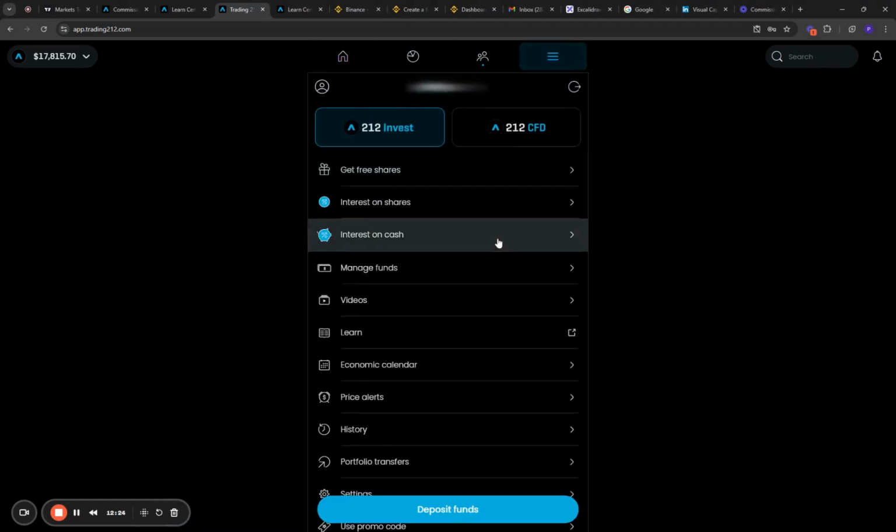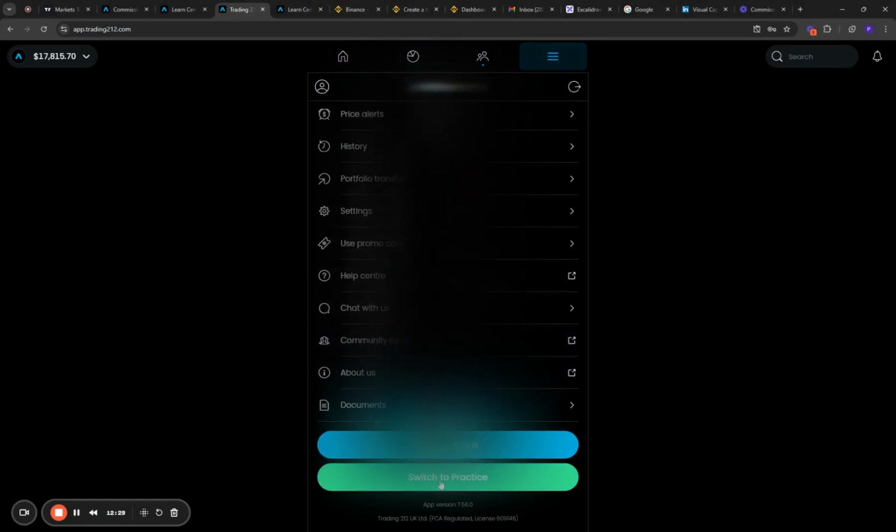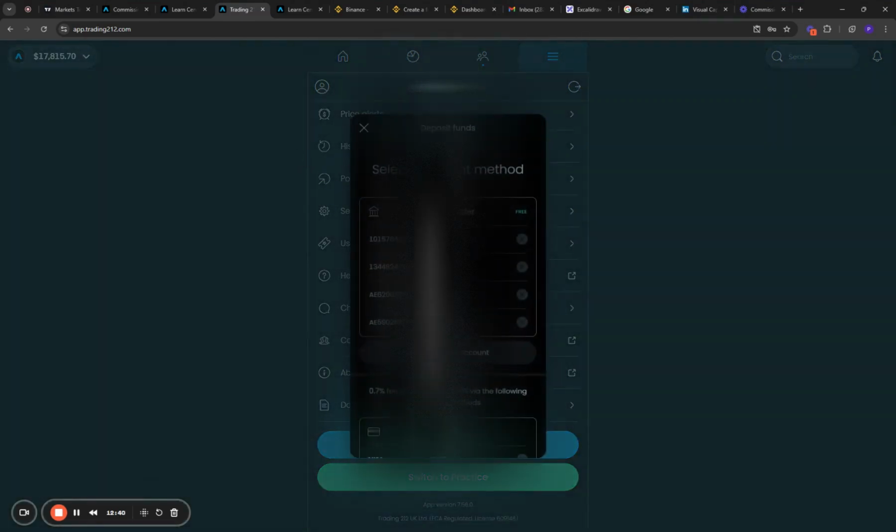If you go to the settings, this one, you will see right now this is real money. If you want to switch back to practice, this one. If you want to deposit funds, click this one, because right now I assume you don't have any funds. When selecting, if you want to select bank, always choose bank transfer, which is cheaper, but there are no fees on the initial $2,000 with a credit card if you want it right away.